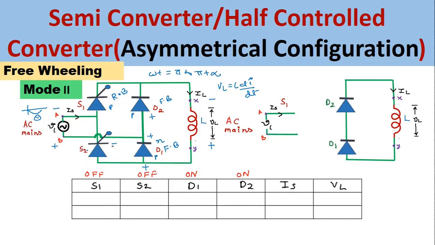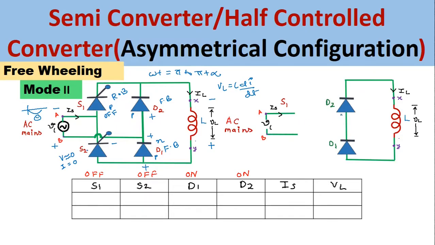Now what happens to the SCR2? SCR2 is in the forward bias condition, but it will not conduct until and unless a trigger pulse is applied to the gate terminal of this SCR. Therefore, the voltage across this SCR is considered very low, approximately equal to 0, and the current is also taken as 0 here. SCR1 is in the reverse bias condition, so because of line commutation or natural commutation, it will go into the off condition. So this whole leg on which the thyristors S1 and S2 are connected will be non-working, therefore this AC supply mains will be disconnected from this load circuit.